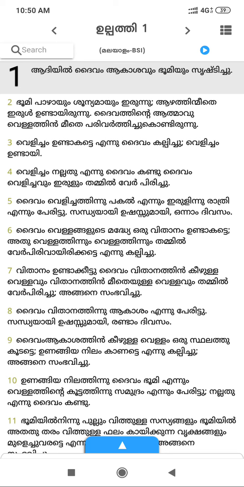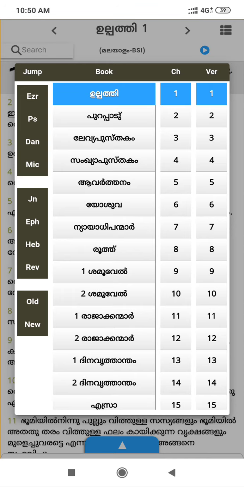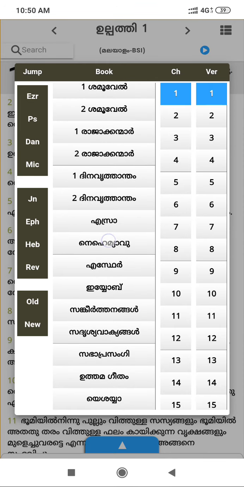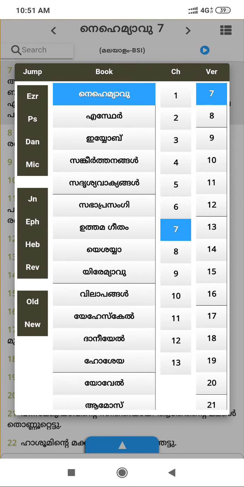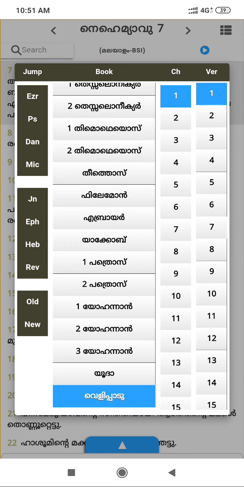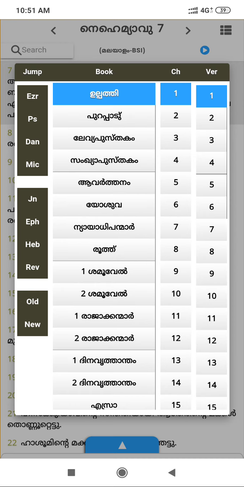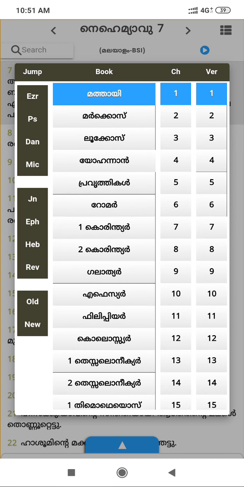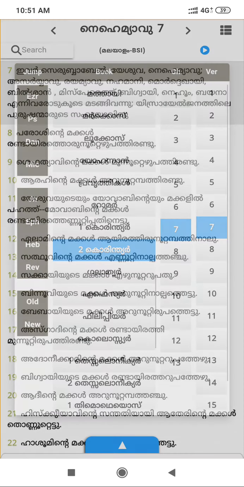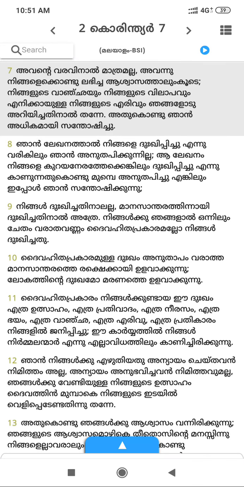I am Christopher. Today I would like to show how to use the Bible app. If you observe here on the right side, you will find one icon. This is the book index. Scroll up and down and you can select whatever book you like. And on the left side, these are the shortcuts: Revelation, John, and Psalms. Like this, you can directly go to the Old Testament, New Testament, or a book and select it. So this is how the book index works.